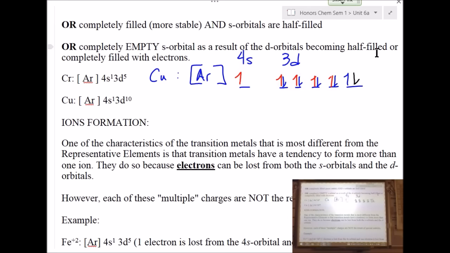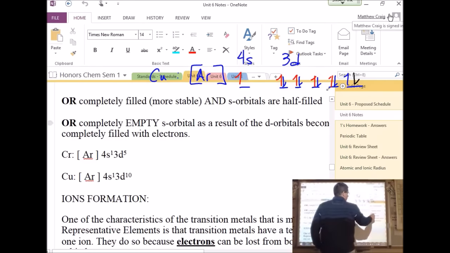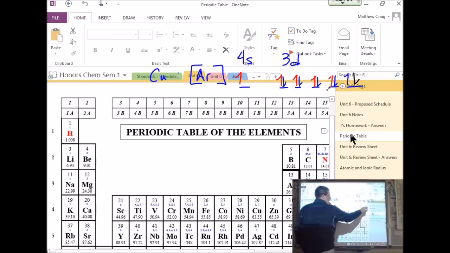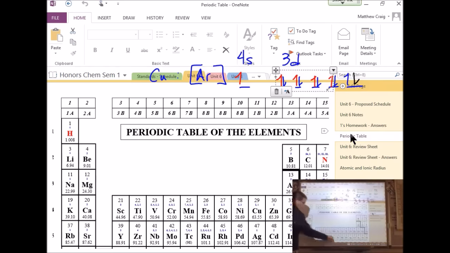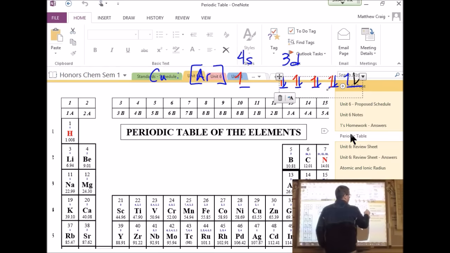Okay. So if you can look and say to yourself, and again, it only applies to these 2 rows, the 2 rows down here, then that's the only time that we're ever going to talk about it. So once we get into the other d orbitals,